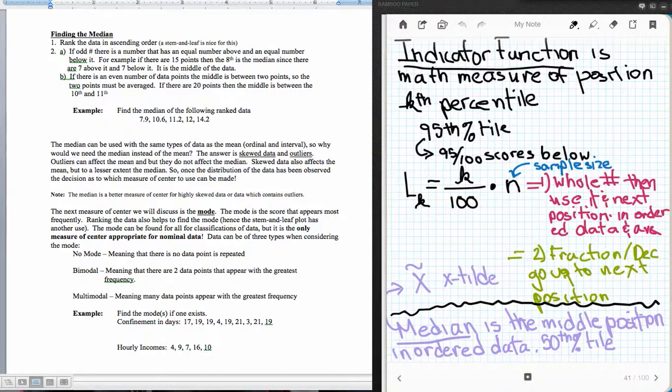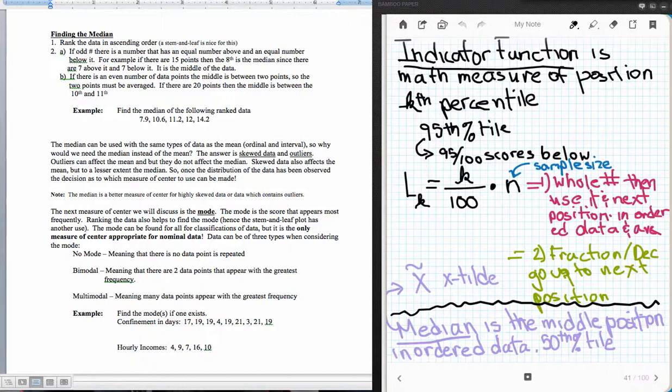All right, we left off talking about the median in the last video, so we'll continue with the median right now. So we just discussed the indicator function, and now let's actually talk about how that relates to the median. The median is the middle position in ordered data. It's the 50th percentile. So notationally, how we represent the median is with an X with a little swoopy thing